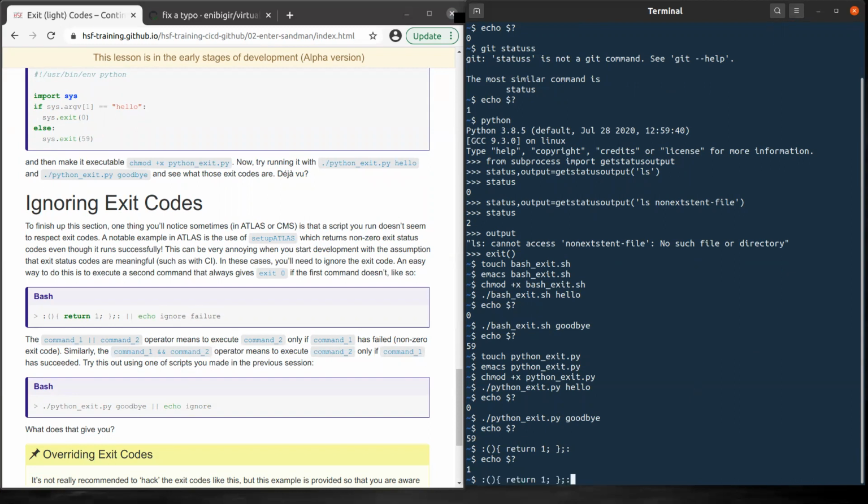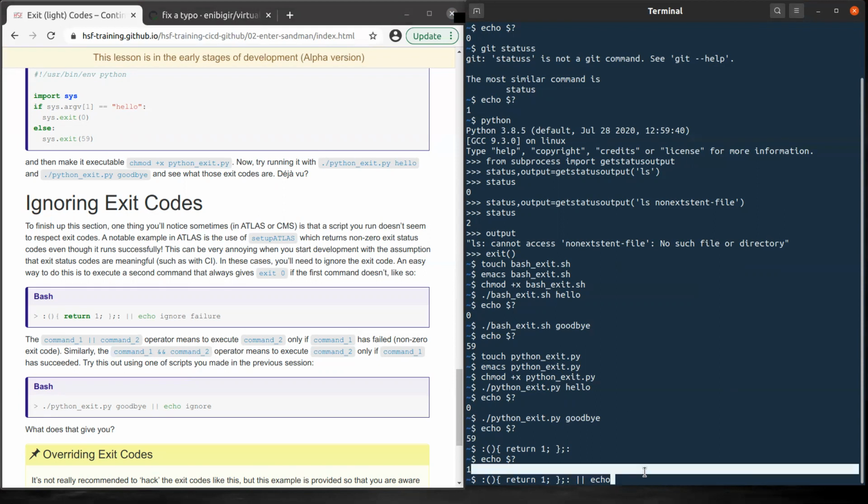So now you can do the following. This syntax means you execute command 2 only if command 1 has failed. In our case, we already know that this failed.